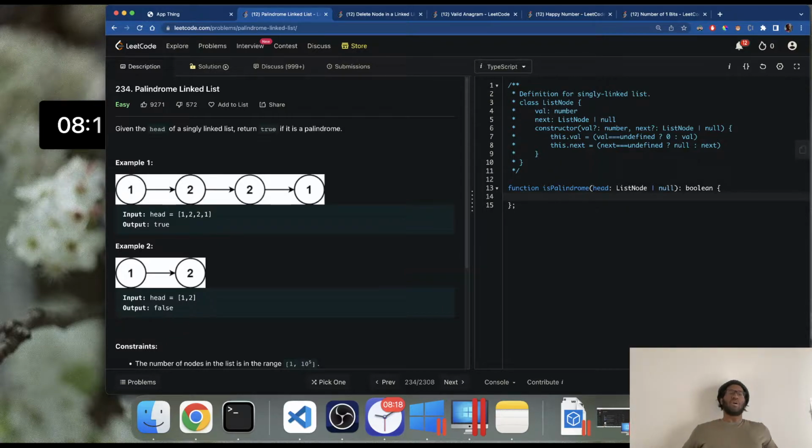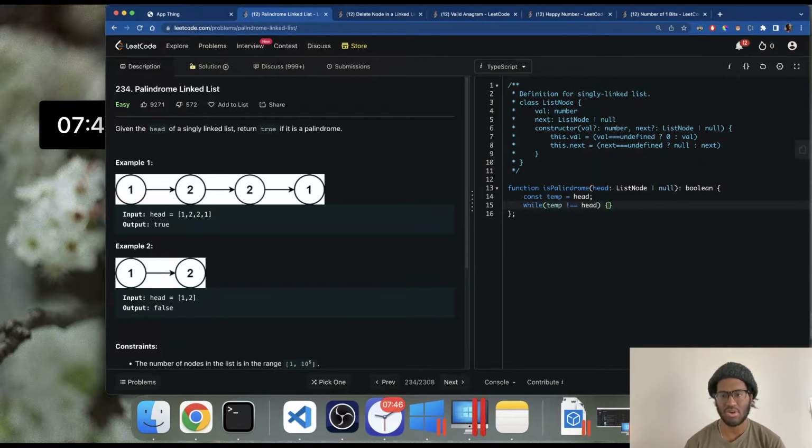Actually, maybe there's a way. Oh my God, I think you could do it. Okay, I think you could do it. I think this may only work in JavaScript. If we take the list node, we could create a new property on it called tail. So we could do const temp equals head. I'm going to set up the bindings here. This might only be possible in JavaScript, but we could turn it into a doubly linked list. And so if we keep const temp equals head, we could do while